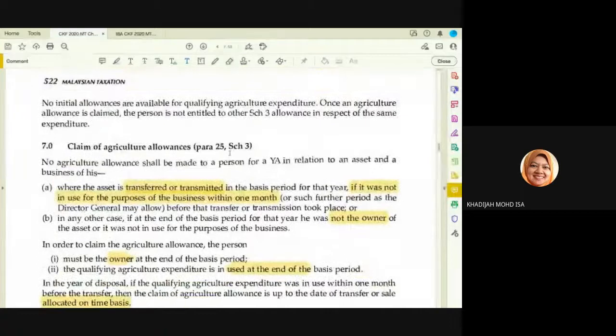No initial allowances are available. Once agriculture allowance is claimed, the person is not entitled to other Schedule 3 allowance in respect of the same expenditure. It means that if you have a building which is used for living accommodation, and that living accommodation has a zero value test, right? So in that case, you are going to claim that building under